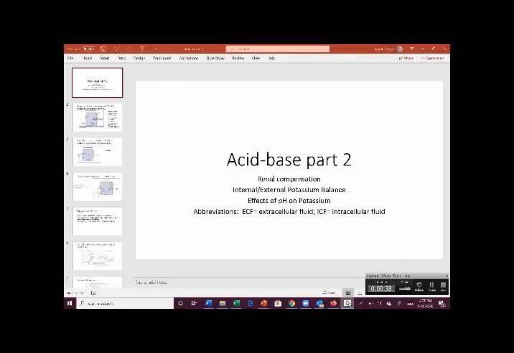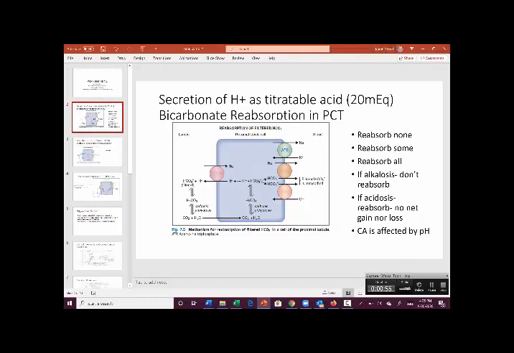Similarly, pH can affect potassium shifting as well. It is going to be a very dense lecture. Some of it will be redundant compared to the original acid-base lecture you probably just watched. In fact, let me just start with that right now. So, in the acid-base lecture, when I started talking about renal compensation, one example of renal compensation for either metabolic